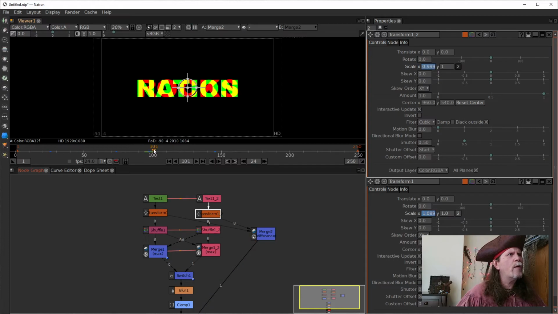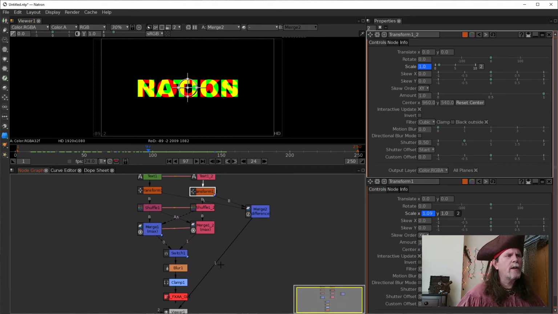So here we go. If we scrub through this, we should see that it scales properly as we go back and forth between the 2 words. All right, there we go. So we're done with that. So now we want to go back to